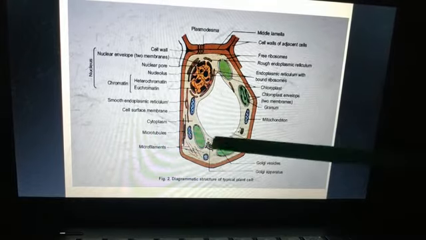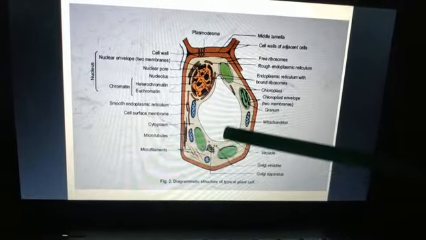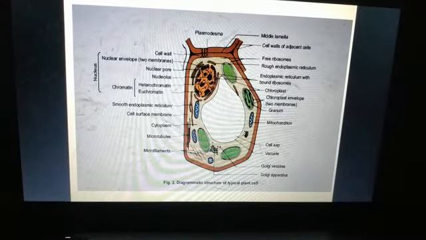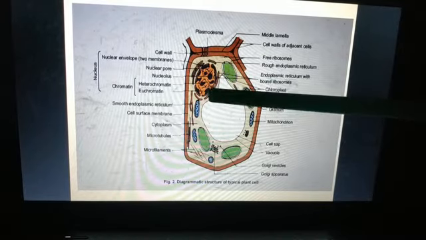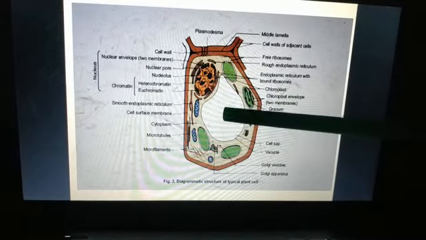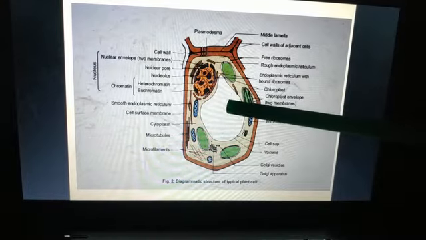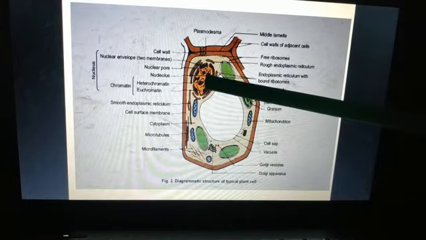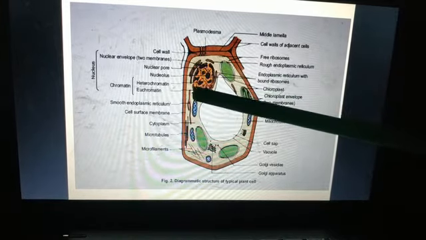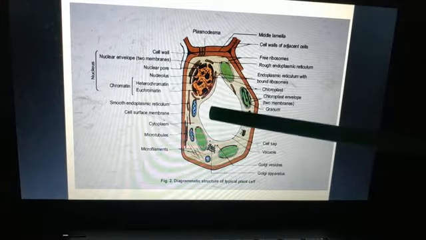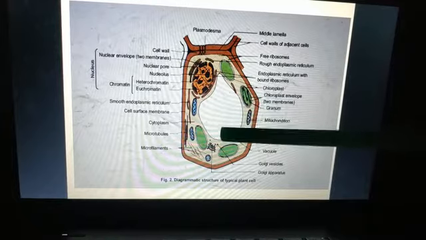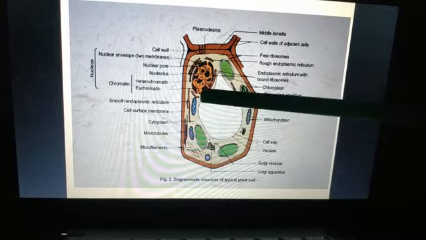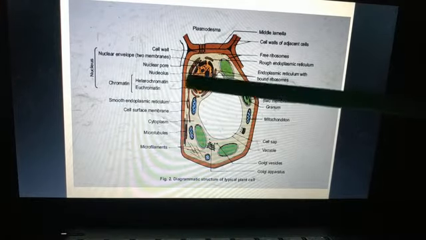Now inside the cell, vacuole is present, vacuoles. And in plant cell, vacuole is single and large. Can you see here? It is single and large. And because of this, since it is very large, the nucleus gets shifted to one side or one corner of the cell. See here, in animal cell, nucleus used to be present in the center, right? But in plant cell, since the vacuole is very large and it occupies most of the space, the nucleus gets shifted to one corner.